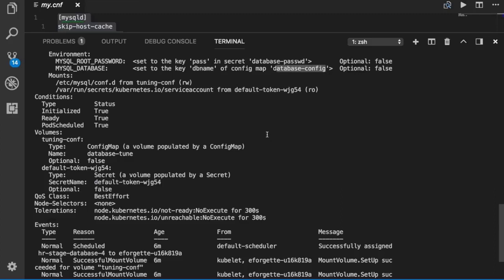So now we have the ability to abstract some of the configuration and insert it into our pod. Of course, our pod is still ephemeral and stateless and